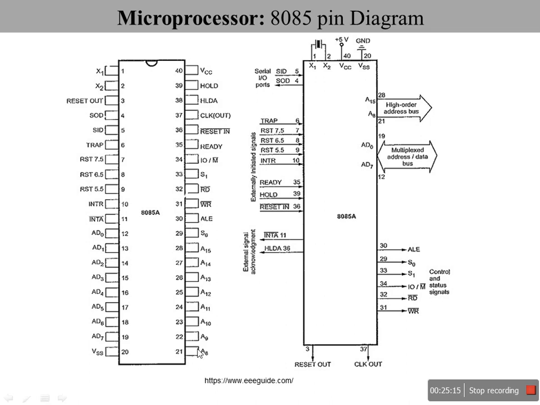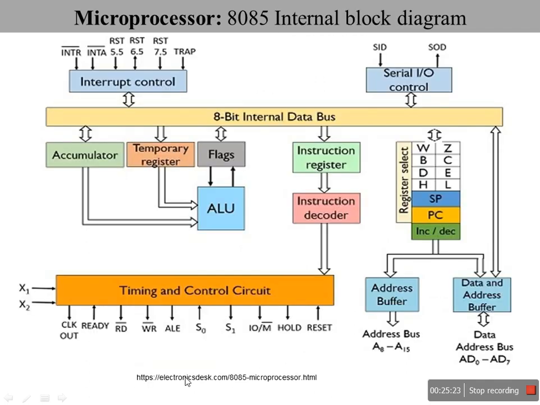When you want to develop a project based on your requirement, we have to interface using these pins. Then let's go to the internal block diagram of 8085. Here we start with interrupts. An interrupt is a facility which drags the attention of the microprocessor from its regular routine, and it is taken to a specialized routine called the interrupt service routine, ISR. So in 8085 we have five different types of interrupts: TRAP, RST 7.5, 6.5, 5.5, and INTR. These are under the control of interrupt control.